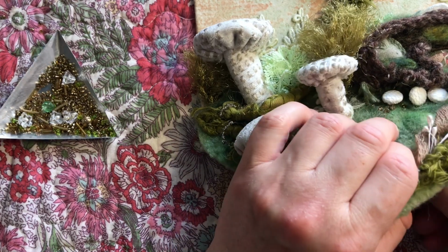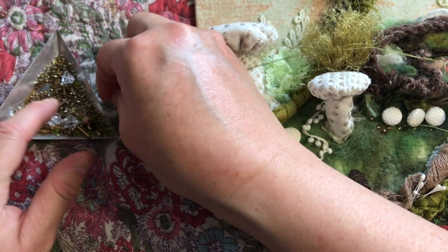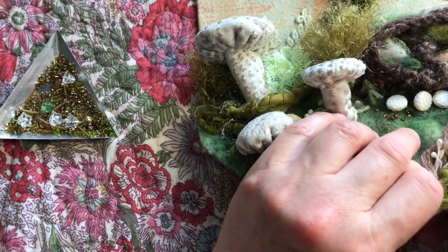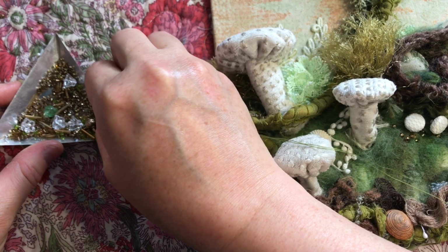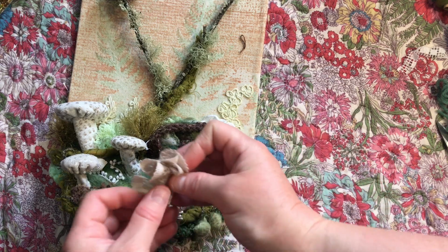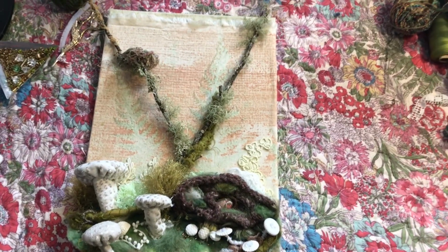And with beads you can go through them twice if you don't want to risk them kind of coming off, but I think these will be fine. This piece isn't going to have lots of wear and tear on it. It's not being worn, for example, or cleaned. I was going to add this one in as well, but I think I've got enough, just as a little gathered like ferny thing, but no, that just gives you an idea of how you can use even little collar pieces, for example. So I'll just turn you on a bit more of an angle